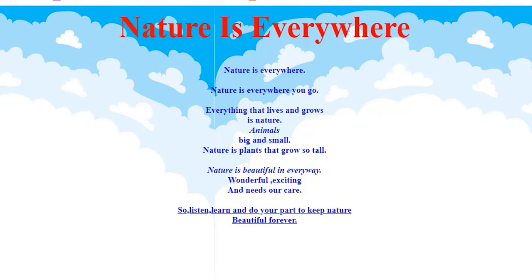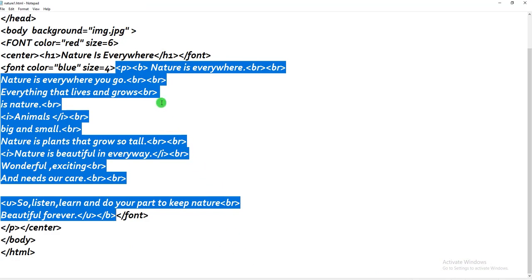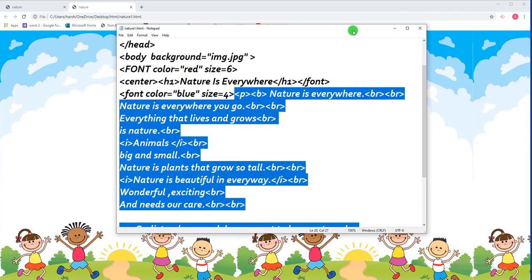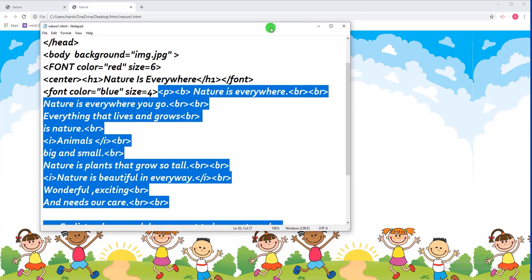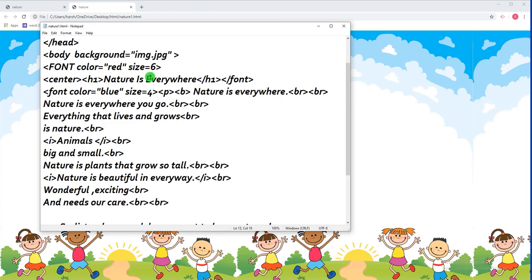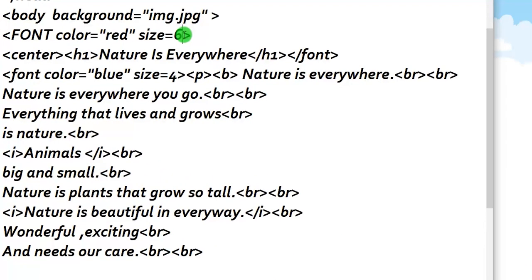Now what I want to do, I want that my font should look something stylish also. So what do I need to do for that? For that we have font, color, size, and then we have another attribute of the font, that is face. Font face. Font face means the writing style. Face is equal to, now look here, I'm going to tell you how to choose the font face.